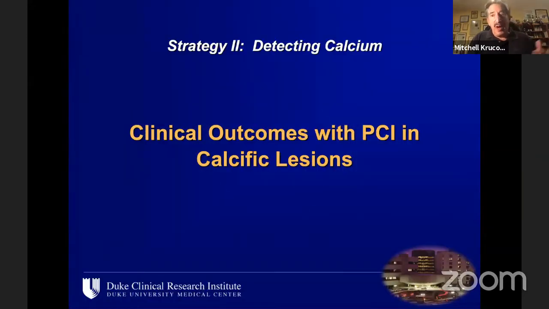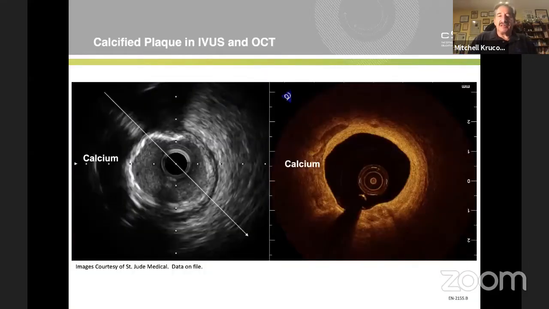Okay, so understanding the why, should we worry about calcium, gets pretty close to home for any operator in a cath lab. How about detecting calcium? And here I think you have a lot of extremely elegant insight from operators, and a lot of the work that's been done in getting imaging capabilities out to centers for more routine use than we have previously seen. And here I think understanding that it matters to the outcomes as well as to planning the procedure, there is no question that it's fine if you see calcium by angiogram to be worried.